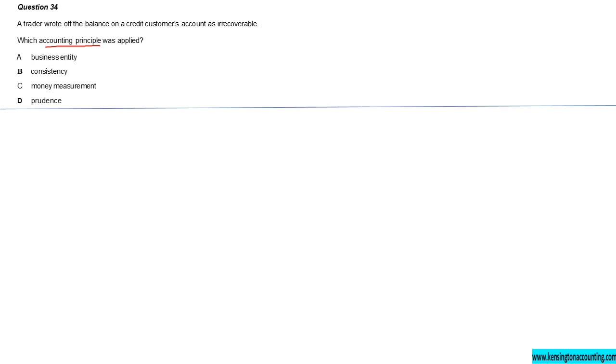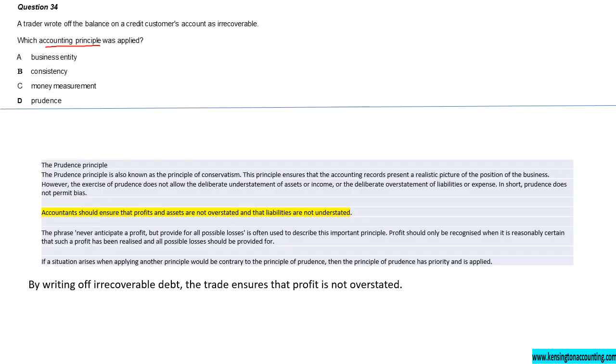Let's look at the definition of the Prudence Concept or principle. The Prudence Principle is also known as the principle of conservatism. This principle ensures that accounting records present a realistic picture of the business. However, it does not allow deliberate understatement or overstatement of certain items in the financial records of the business. In short, it does not permit bias. So you can't deliberately overstate your assets or income, or understate your liabilities and expenses,